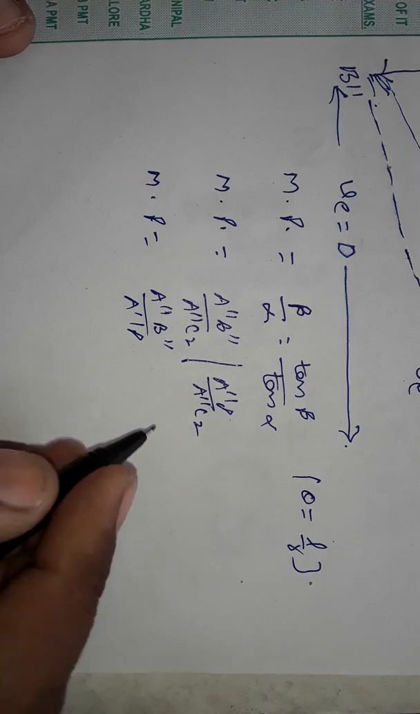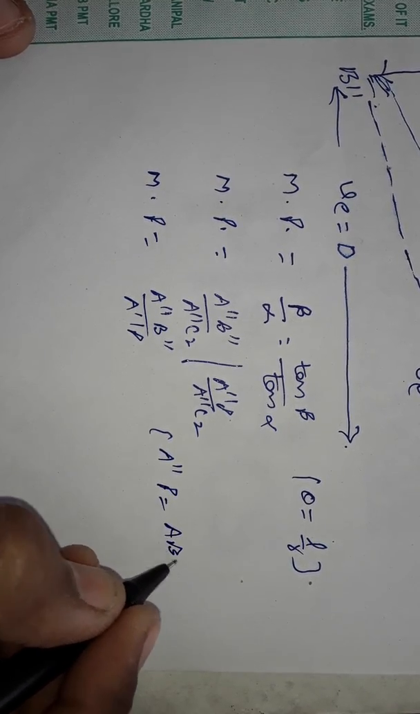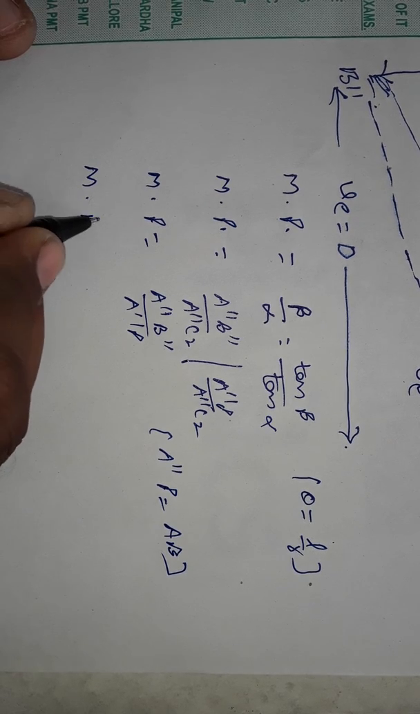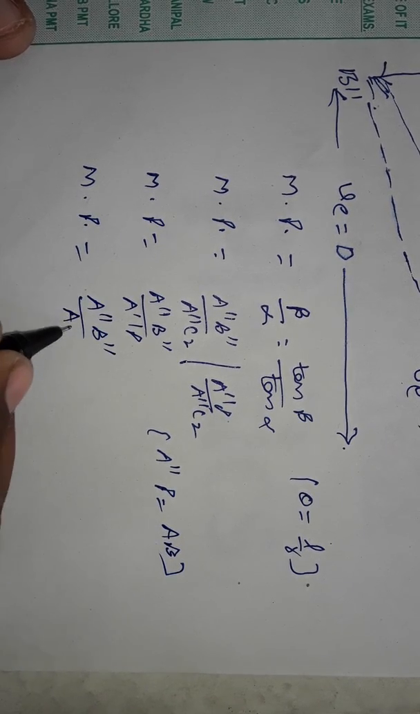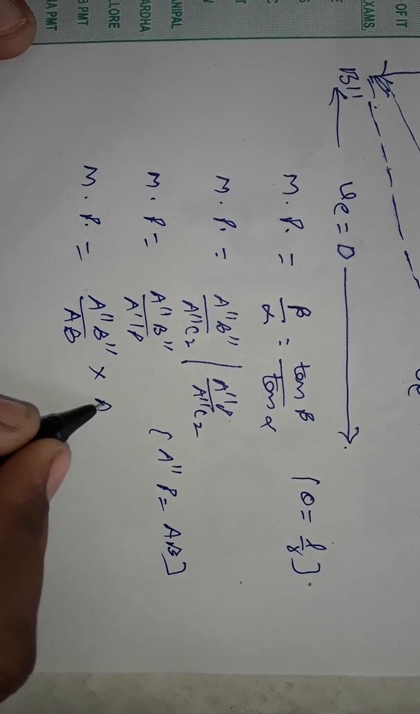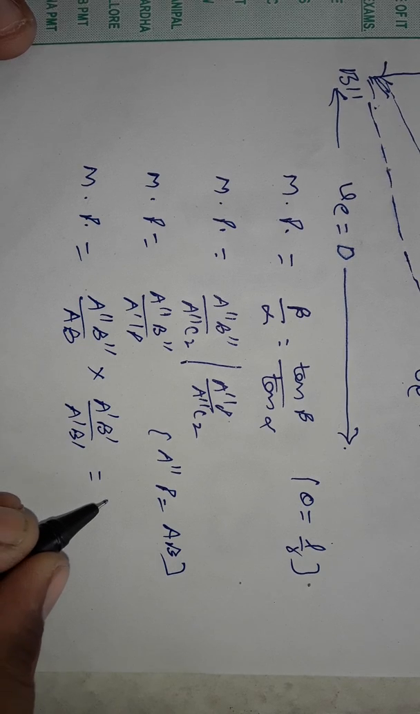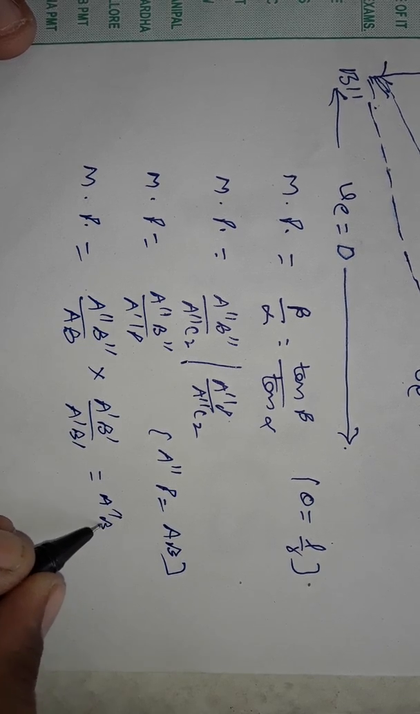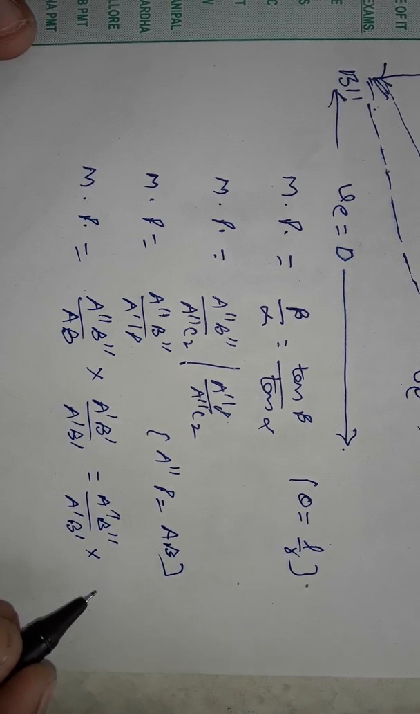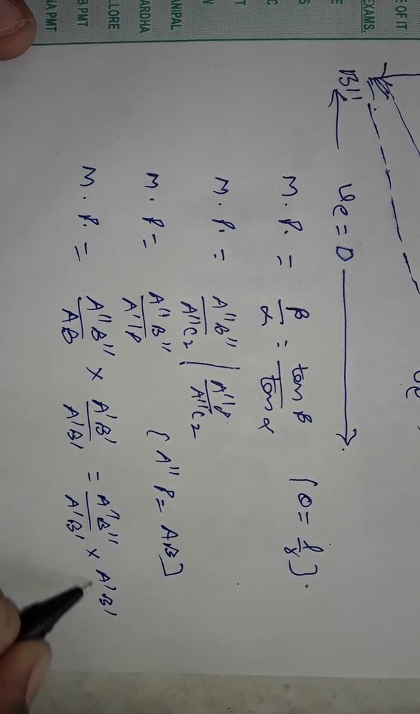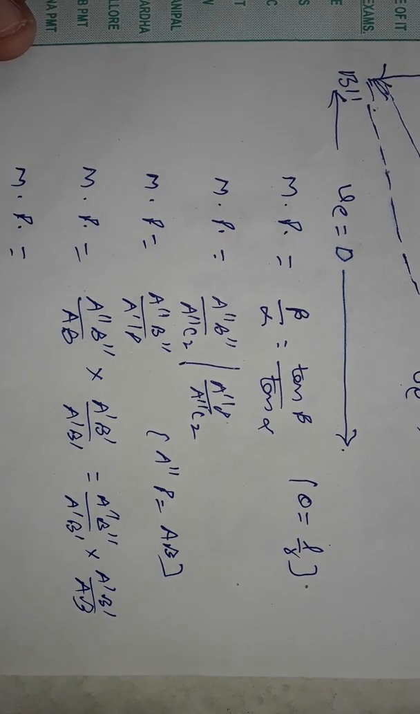In the diagram, A double dash P, this is equal to AB. So we can write magnifying power this is equal to A double dash B double dash upon AB. Multiply and divide by A dash B dash. So we can write it as A double dash B double dash upon A dash B dash into A dash B dash upon AB. So magnifying power this is equal to,